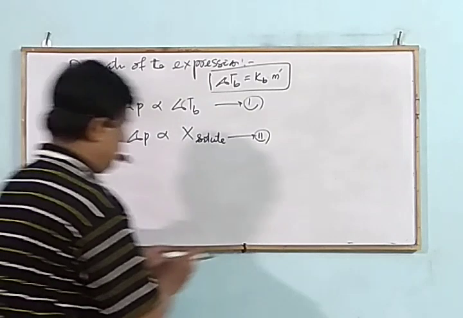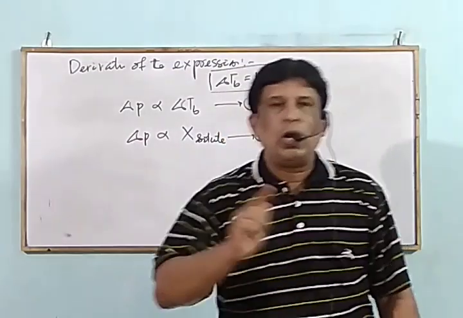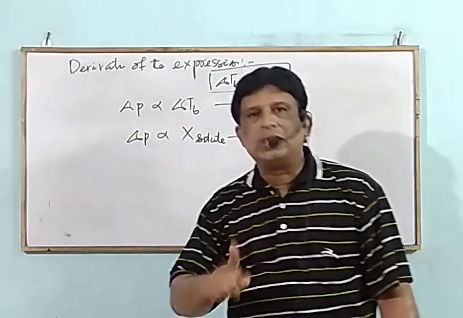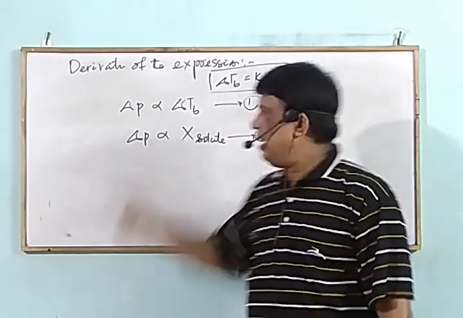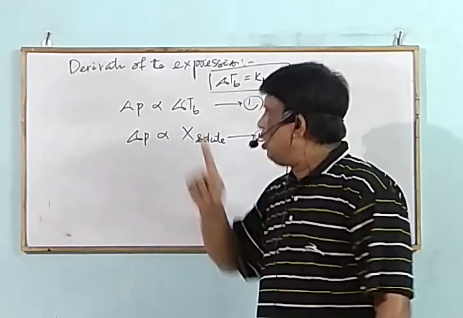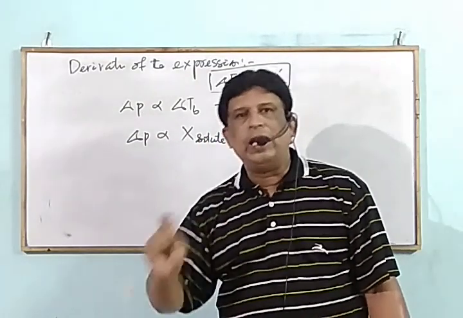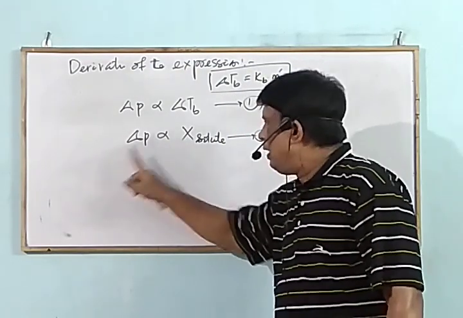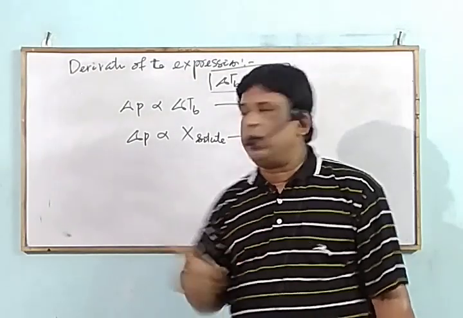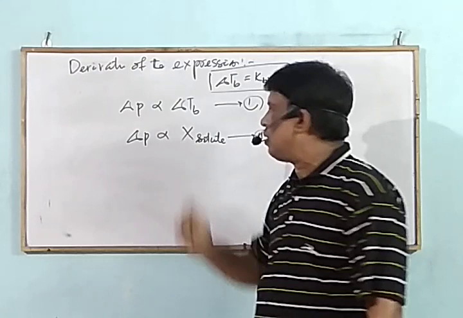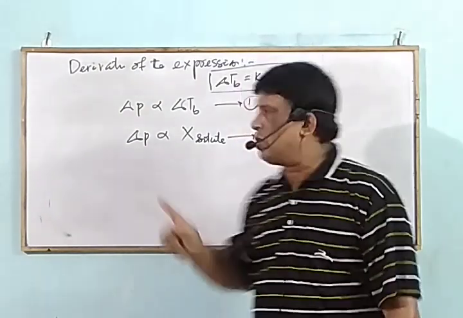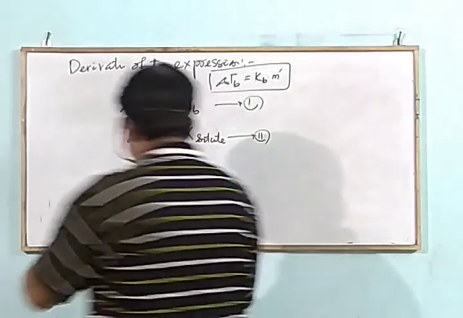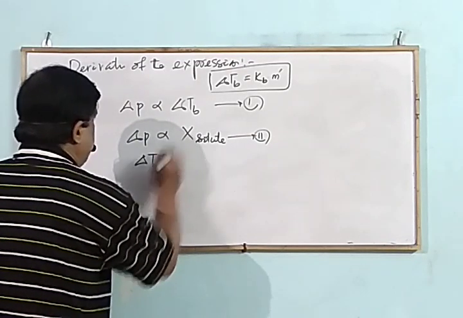Mark that, the relationship. It has been observed that the greater the lowering in vapor pressure, the higher is the elevation in boiling point. This is relation 1. And also from Raoult's law we know that the relative lowering in vapor pressure of a dilute solution containing a non-volatile solute is directly proportional to the mole fraction of the solute. So from these two expressions, one can write that del Tb